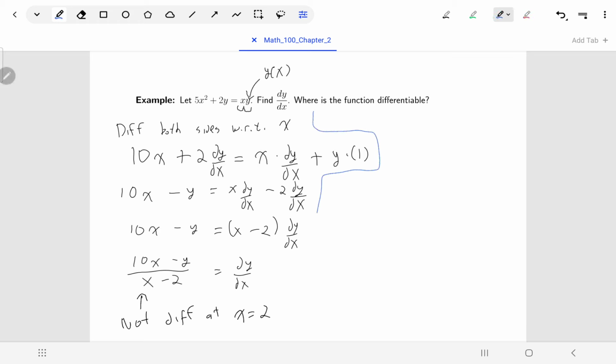If you're thinking about this, you could have tackled this problem in a different way. You might have noticed if you took a look at the equation that it could be written explicitly. So I could have started off by first bringing the 2y to the other side, then factoring out the y, and then solving. And I guess this also makes it a little bit more obvious as to why our function doesn't have a derivative when x equals 2, and that's because the function has a vertical asymptote when x is